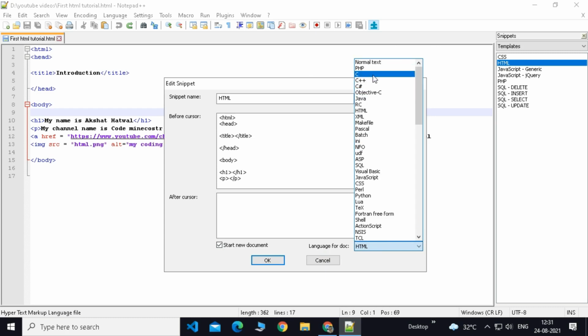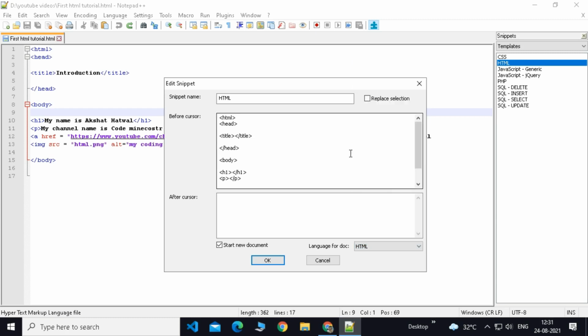This is the C language. I know many languages: C, C++, C#, Java. I know a little bit of Java, CSS, and HTML. I am doing a series, so I obviously know them, and I also know Python. So don't worry, I will teach you all of the languages and make you a software engineer.